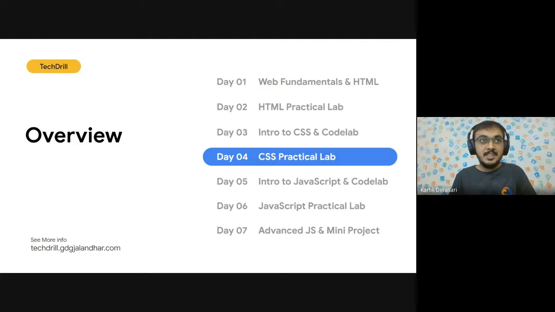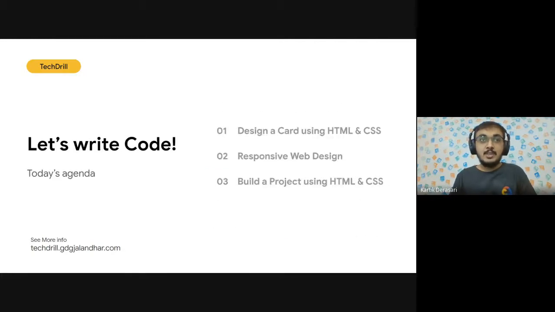Today's topic is CSS Practical Labs, and today's agenda is simply to write code. So today we are going to cover three main topics. First is designing a card using HTML and CSS. Second, we will see how we can create responsive web design using media queries, and we can support all kinds of devices.